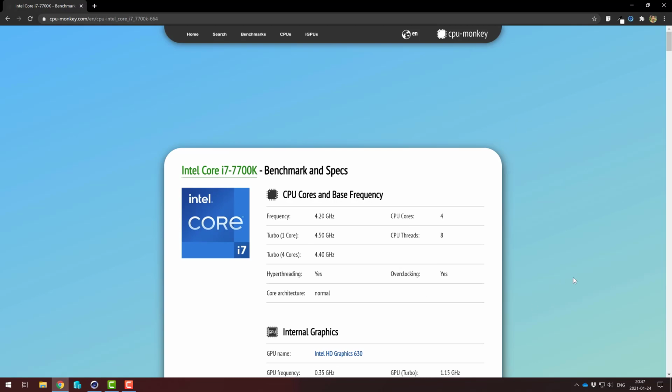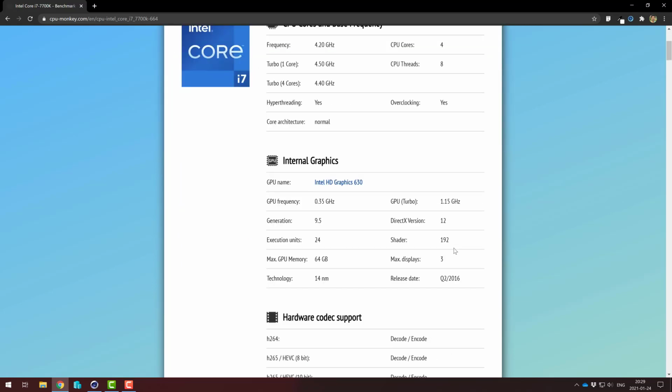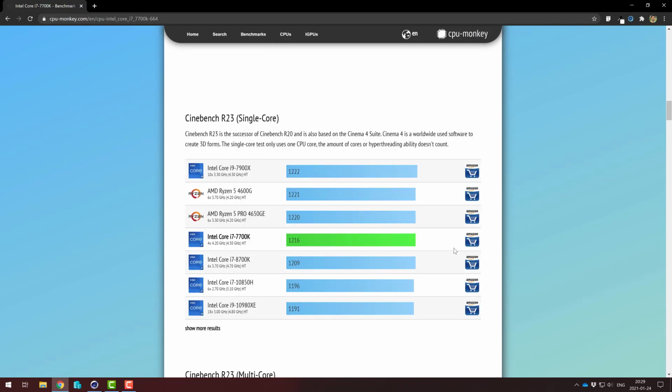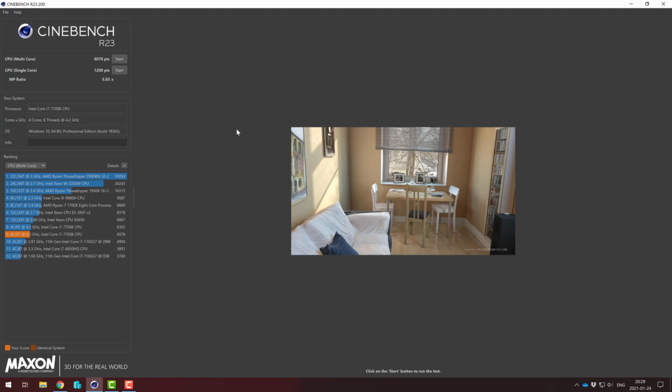Here we can find the details about the processor, 4-core 8-thread. Scroll down to see the Cinebench R23 scores. So here is the score for single core, which is 1216. And what we got in the benchmark is 1208.